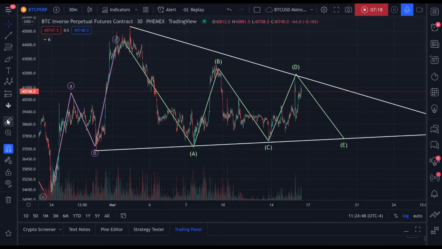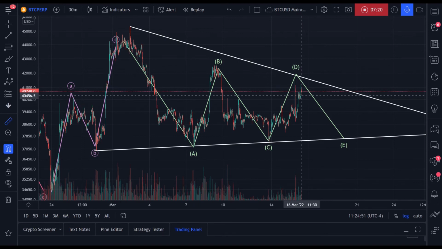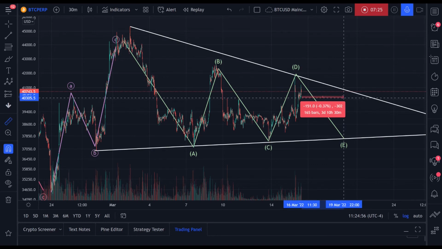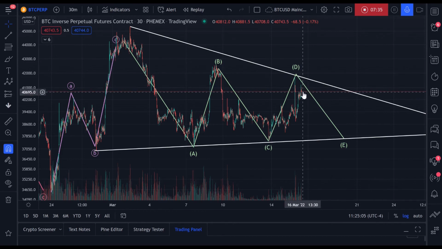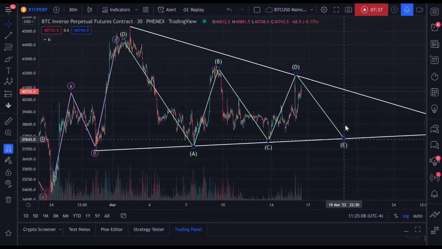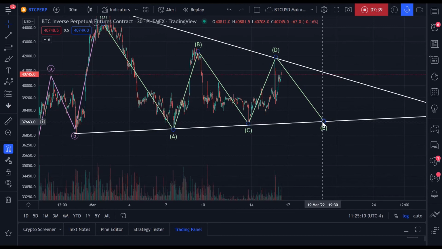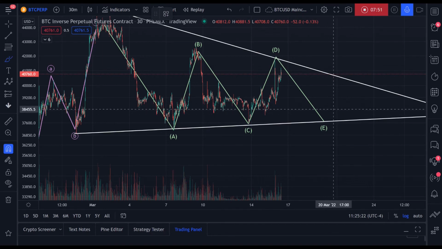More specifically, because we're all in different time zones, this would be approximately 3 days and 10 hours from the publishing of this recording, which I'm going to put out in the next few minutes. So in 3 days, 10 hours, we may anticipate Bitcoin bottoming out. And that bottom is likely to be around $37,600.